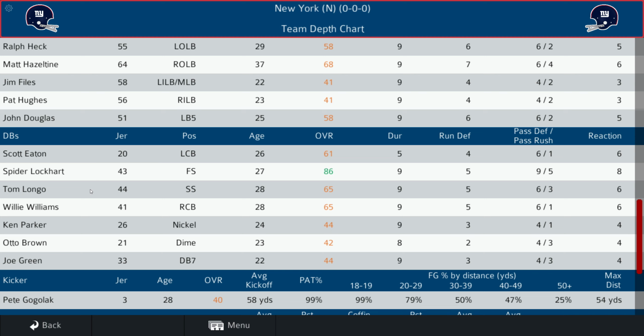Kicker, Pete Gogolak, the first of the soccer-style kickers to play in professional football. As a matter of fact, you could see him as being the impetus for the two leagues to merge, because they had an unwritten rule where they would not sign each other's players. And George Mara, owner of the New York Giants, wanted to make a splash and poached Pete Gogolak from the Buffalo Bills, which set off a battle for talent